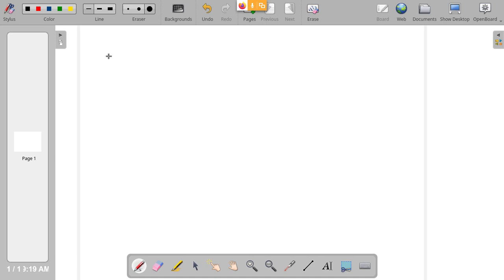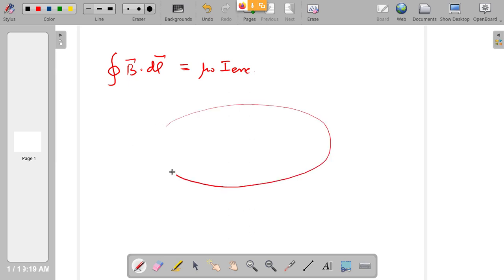The other day we discussed the basics of it. That is, we are integrating the line integral of the magnetic field around a closed loop. This, on the left side, is equal to mu naught times the current enclosed by the loop. That means you have a circular loop. I am taking a circular loop, but you can even have any other loop, a loop of any shape.